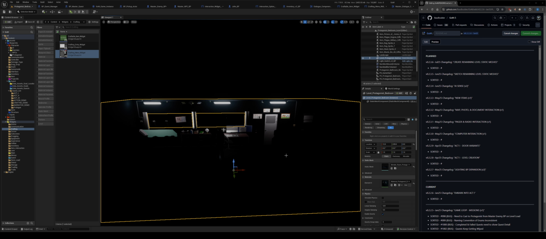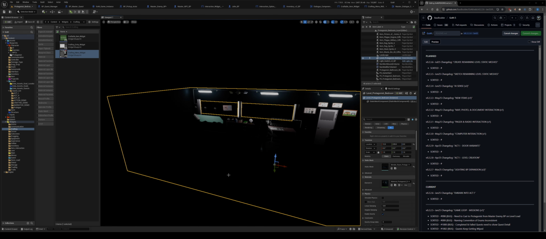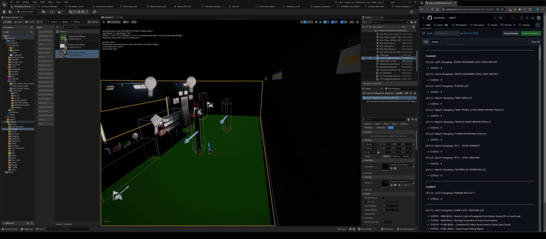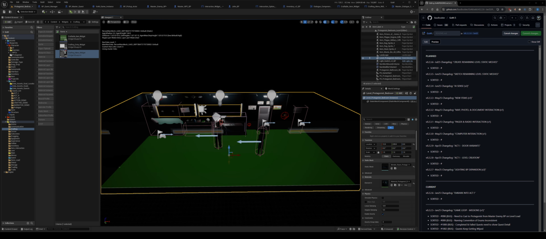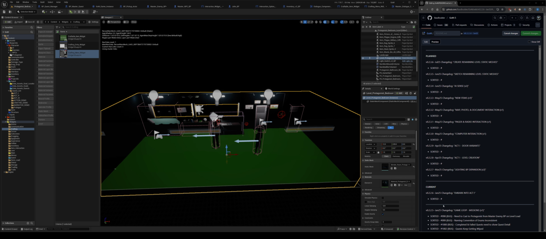3D lighting works fine on 2D things, but since I turned it into a 3D sort of diorama-y, like the levels are a diorama, lighting's never been quite right. So after I've embarked on it, I'm gonna jump straight into the lighting. Then we're gonna work on Act 1 level creation, so I guess the V1s, the door variants, so if there's